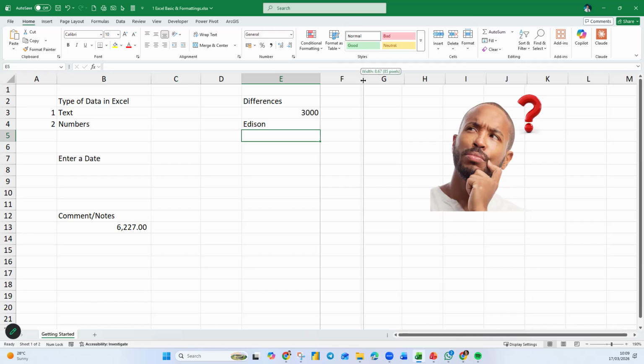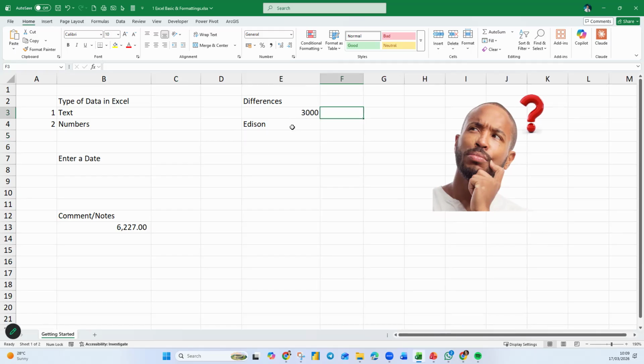Another way you can check whether the content is a text or number is to ask Excel the question. You write a formula like equals ISNUMBER, asking, hey Excel, can you tell me whether this E3 is a number or not? Usually Excel will not answer in yes and no format, but in TRUE or FALSE format.